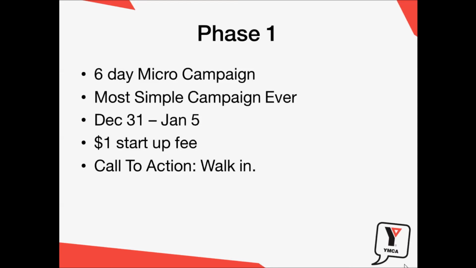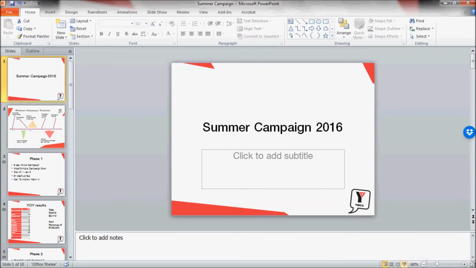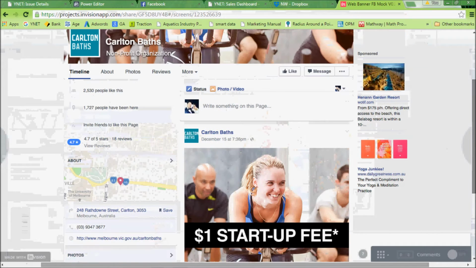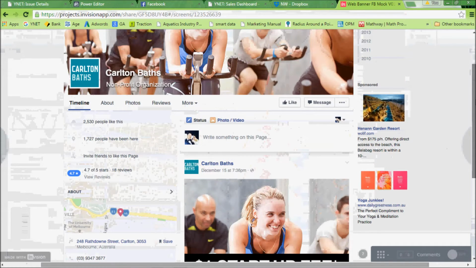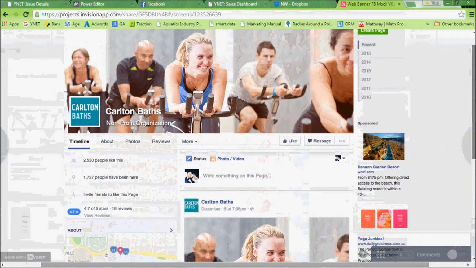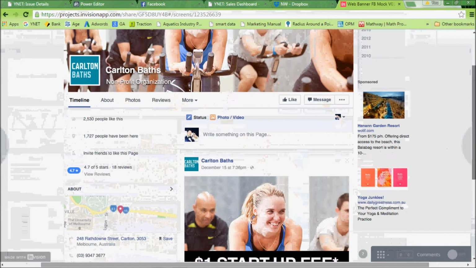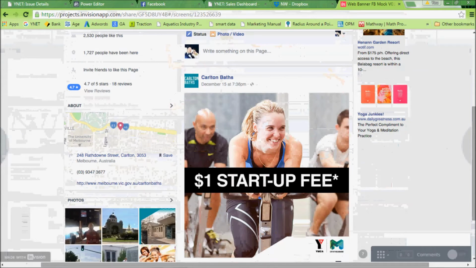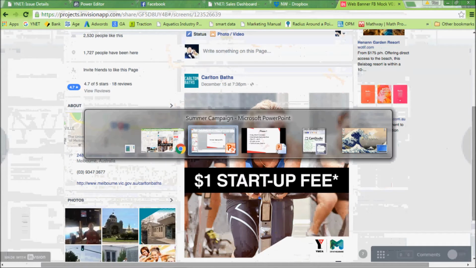So let me show you some of the mocked up artwork from the agency. This isn't the final version, but I want to show you what it looks like so far. As you can see, this is the Facebook advertising and your cover image as well. All of our ad spend is on Facebook. This is, as I said, a digital-only campaign, really simple. This is what it'll look like, and you'll notice both on the website and through the Facebook page copy, we